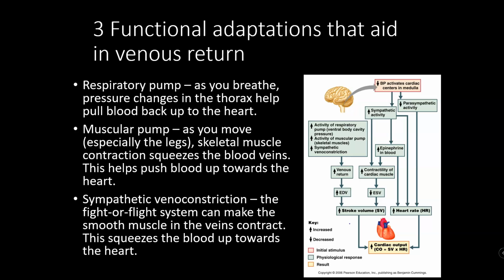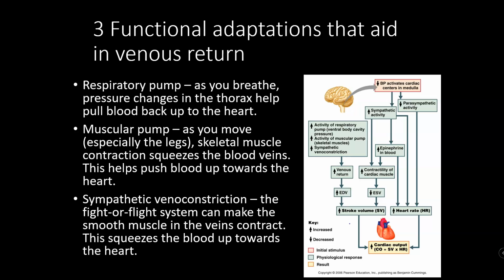Because of gravity, their blood wants to pool down at their feet and ankles. If they were to do something as simple as every 10 minutes, just walk back and forth, that would stimulate the skeletal muscles to contract, which would squeeze and put pressure on the veins. When you put pressure on the veins, because we have valves, the blood couldn't go down. It would squeeze the blood up and get us closer to the heart. So just moving around can increase venous return and get the blood back up towards the heart. So 2 things that you can do to increase venous return: breathe more often, breathe more deeply, move around.